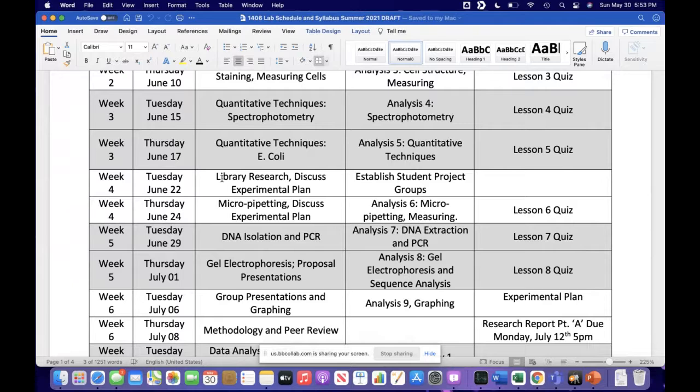microbes. It doesn't necessarily have to be bacteria; it could be fungi, it could be protists, as long as it's single-celled, hence the cell and molecular biology aspect. And you're expected to manipulate a variable and then measure the response and present that as an experiment. And so once we get to your experimental proposals,